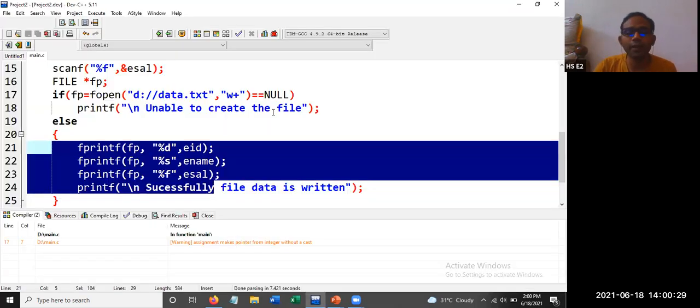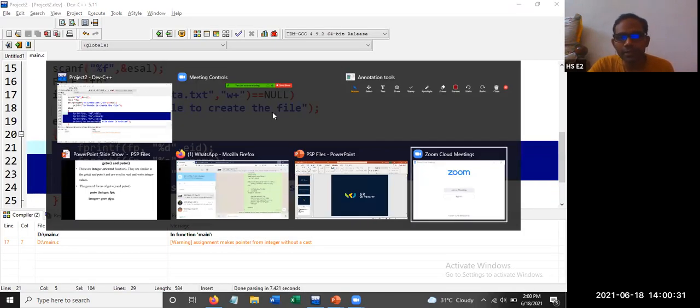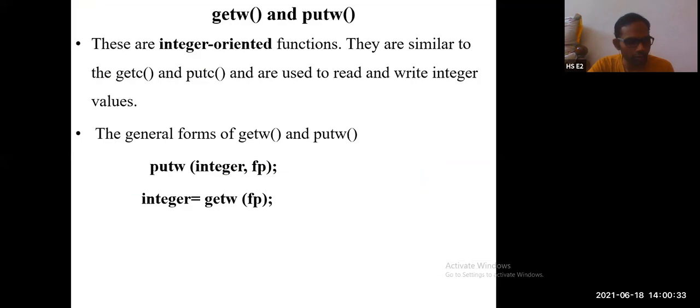So let us open the file and see whether the data is really written or not. Let me open D drive.